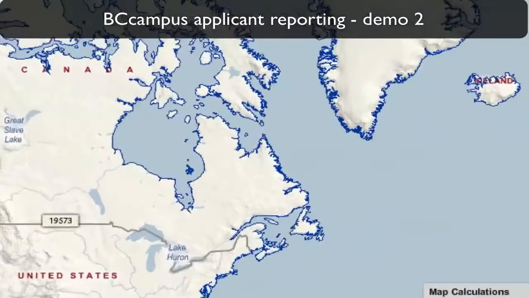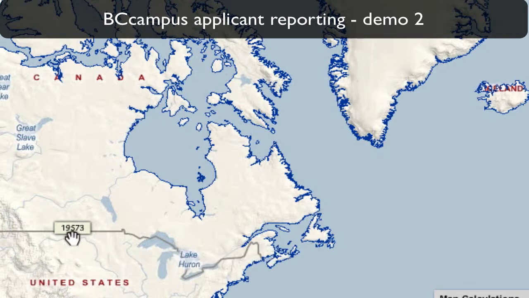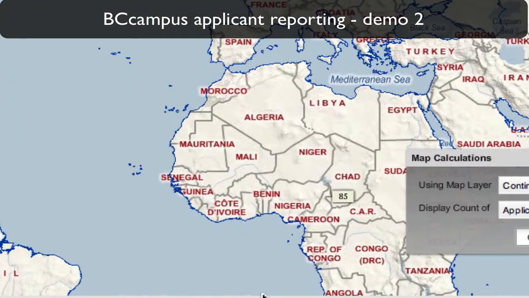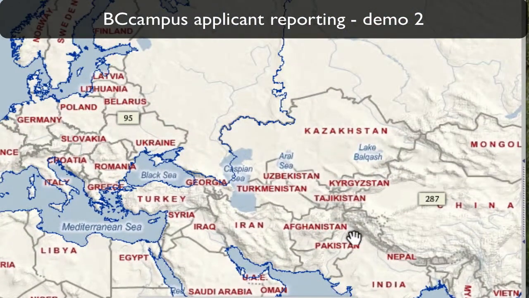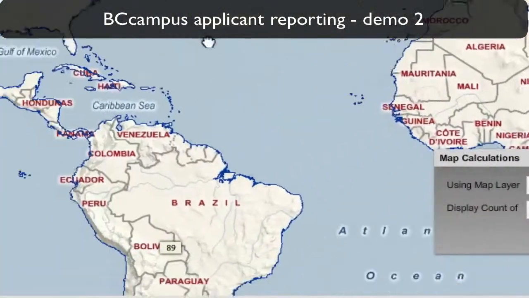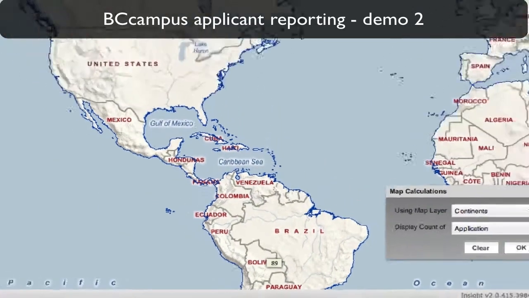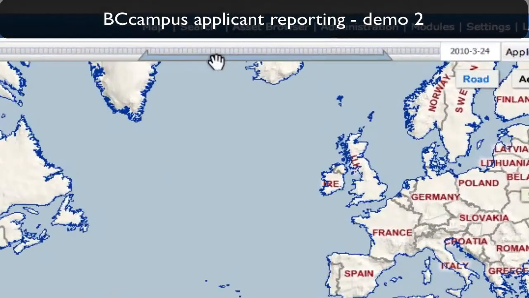begin with. And you can see it's pulled up data, 19,000 applications in Canada, 95 in the UK, 85 in Africa, 287 in Asia, 89 in South America. You can also see across the map we have a sliding time scale presented here. So this is starting at basically the end of 2008, and going through until the end of